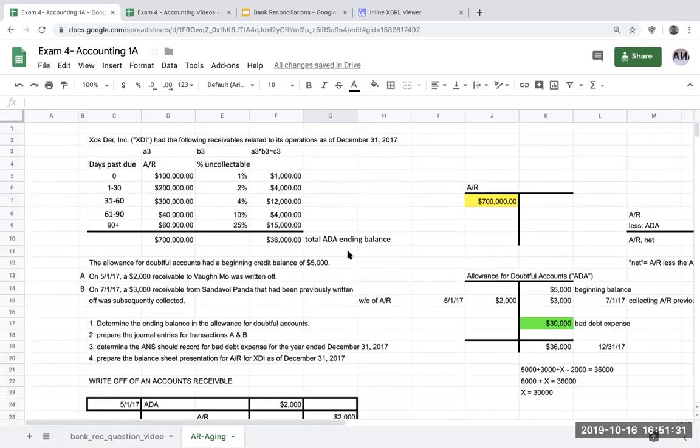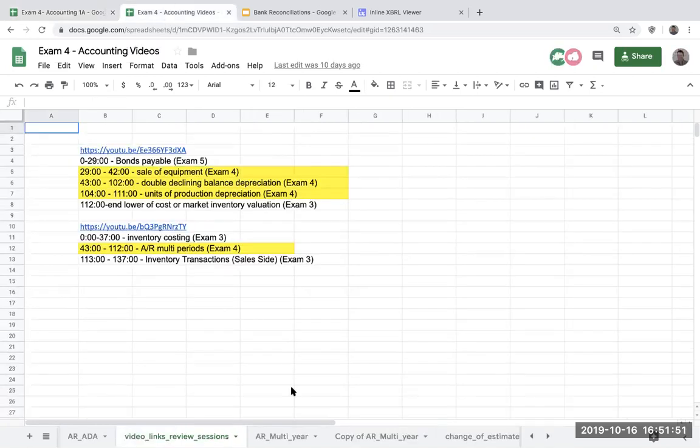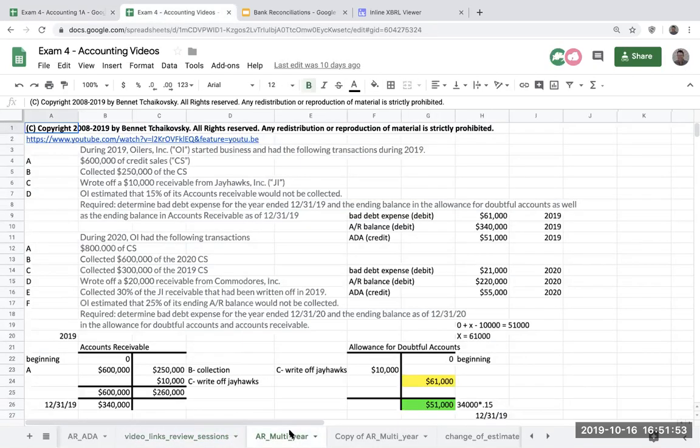When I'm giving you something like this, a write-off of a receivable and something like right here, there's going to be one question that's going to be asking you to do journal entries and possibly a balance sheet presentation. That kind of question is here. The next type of question, and what you might be referring to, is something that looks like this,